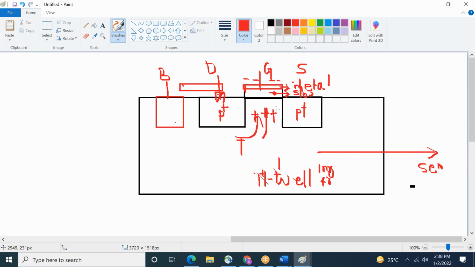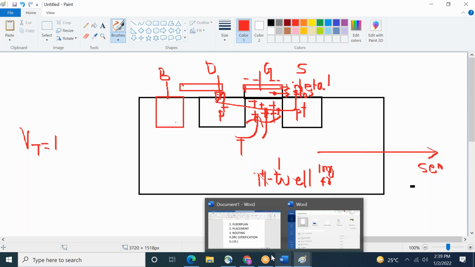So at a particular voltage the channel will be created, like 10 volts is deposited here. So what will happen? If any voltage you apply, current will start to flow. And who is controlling this? Gate only. Suppose at a particular voltage the channel will be created, that voltage is called the threshold voltage, VT.